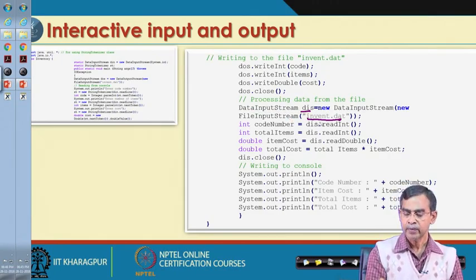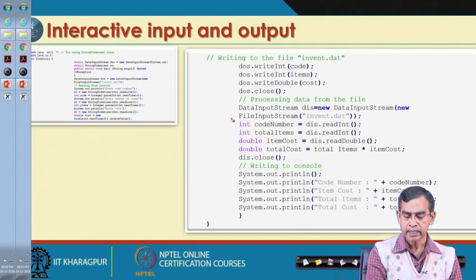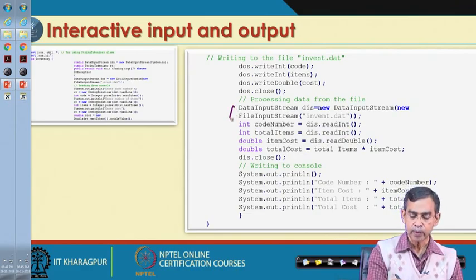Now, here also there is another way that we can do it. Code number we read directly with readInt and readDouble, then we also calculate the total cost and close this, and once the read is complete we close it. So this is another way.